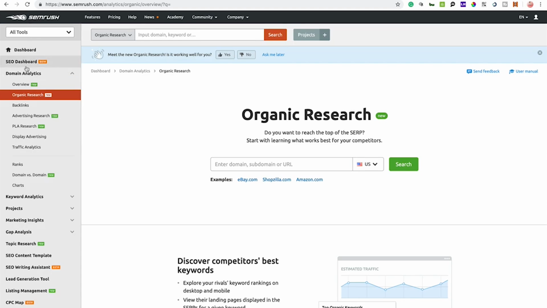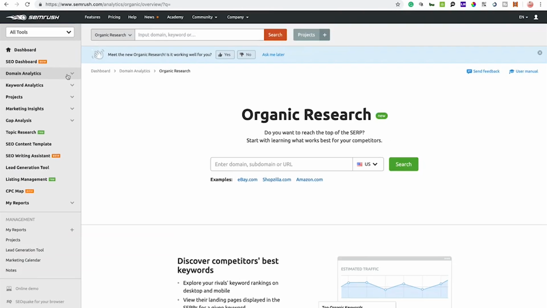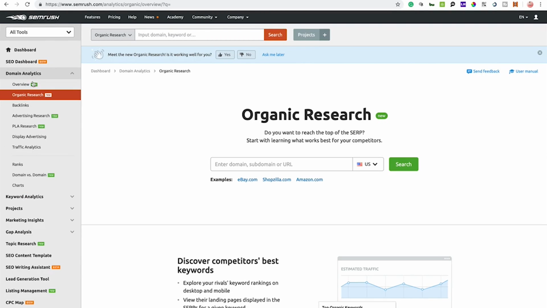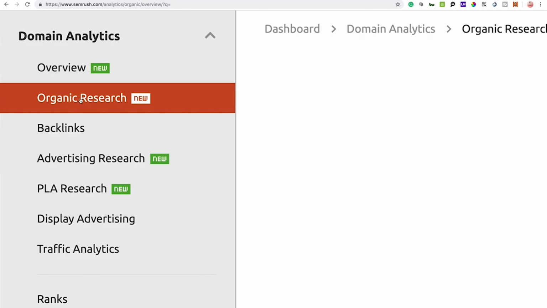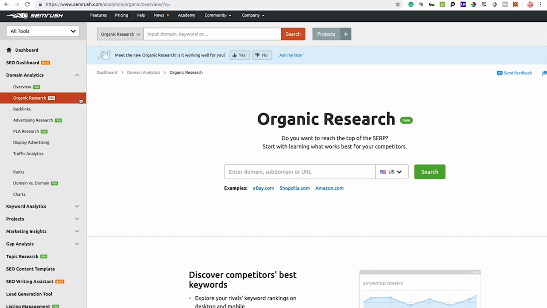So first of all, where do you find the Organic Research Tool? When you log in to SEMRush, you've got your dashboard over on the left hand side, and if you click on Domain Analytics, you'll see the second one down is the Organic Research Tool. If you click the Organic Research button, it will open up a nice dashboard like this, and you'll be able to see here